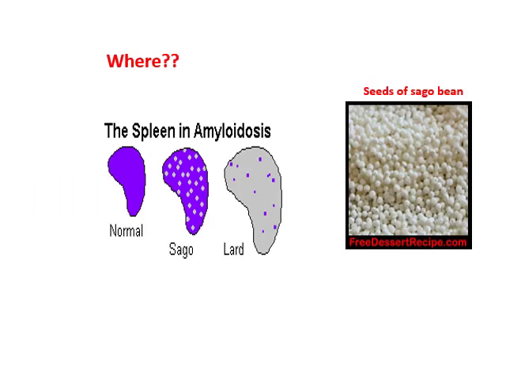Accumulation in spleen takes one of two forms. Spleen is composed of white matter and red pulp. The white matter is composed of lymphoid follicles and surrounded by the red pulp. Amyloidosis, for unknown reasons, either accumulates in the red pulp or the white pulp. If the amyloid accumulates in the white pulp, it gives a beaded appearance like seeds, like